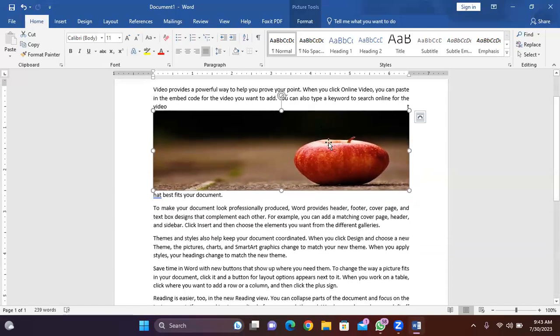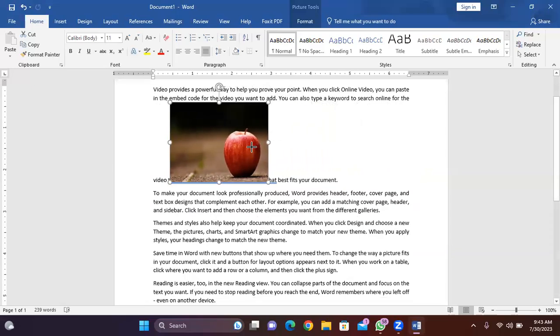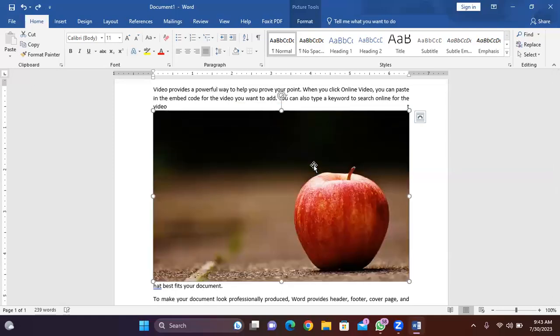What happened to the quality of the image? Is it the same? No, right? Do you think it will be possible to fix? Do you think it is the same? No, sir. So always make sure when there is an image, you can increase